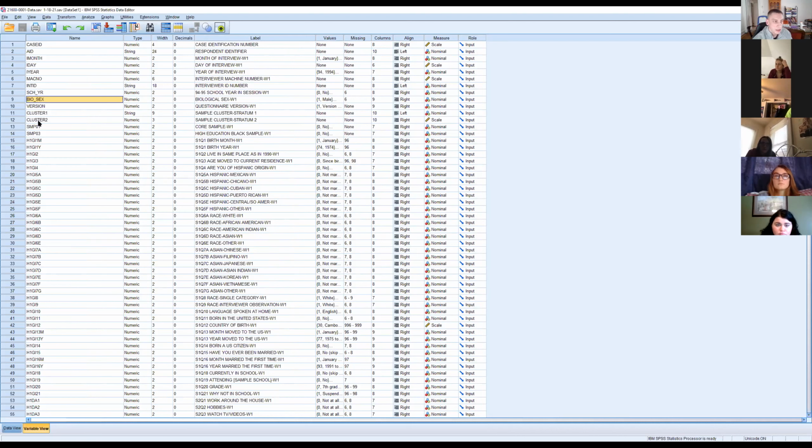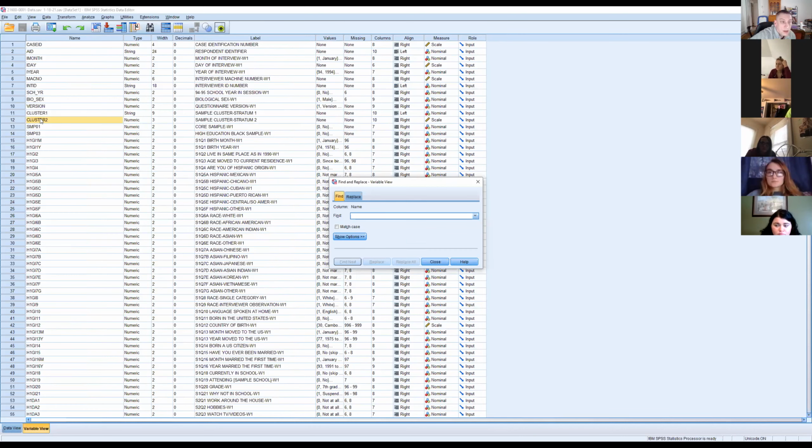What you can do to quickly find variables in this, if you click on this and hold Control F, at least on the PCs, it'll come up with this little find and replace. It's the same thing in Word. I'm going to look for this variable, back on my right screen down here. I want to look for this variable that asks about